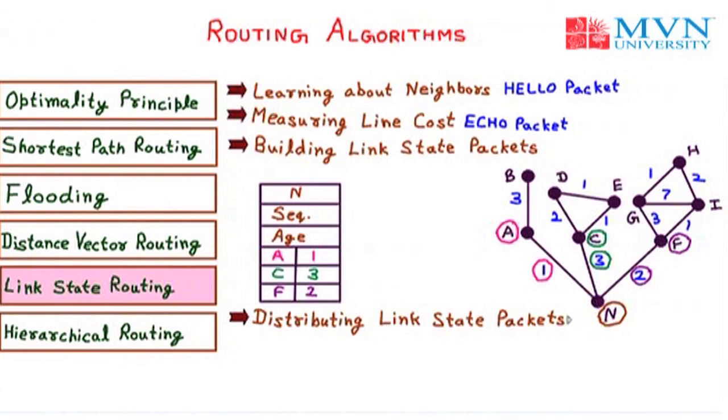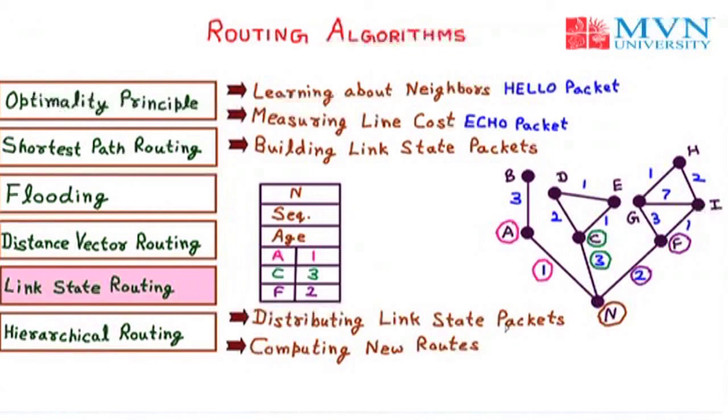After generating a linked state packet, the next step is computing the new routes. Once a router has accumulated a full set of linked state packets, it can construct the entire subnet graph because every link is represented. Now, Dijkstra's algorithm can be run locally to construct the shortest path to all possible destinations. The result of this algorithm can be installed in the routing table and normal operation resumed. So that is all about the linked state routing.